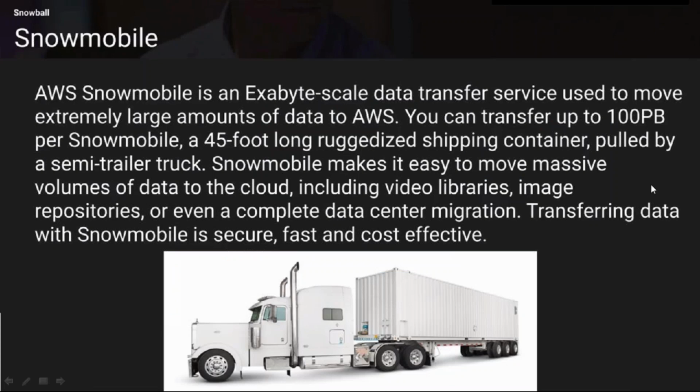Snowmobile makes it easy to move massive volumes of data to the cloud, including video libraries, image repositories, or even a complete data center migration. Transferring the data with the Snowmobile is secure, fast, and very cost effective. Now you can imagine if companies like YouTube have to transfer the data from their existing premises to the AWS cloud, it is really difficult. So they might use something like the Snowmobile, which makes it much easier for them to transfer the data to the cloud. So that was all about the three different types of